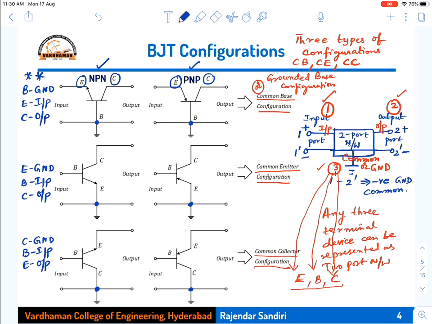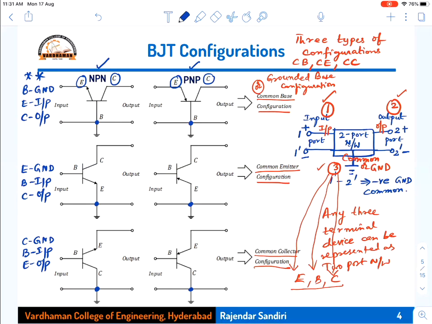Generally, whichever has the larger current, we choose as output, because the large current you get at the output and the small current is at the input, and that is where the transistor is used for amplifier applications. So generally, the output current should be larger than the input current. In these two cases, the emitter is generally at the input side, emitting, and collecting is generally at the output side. So collector is the output terminal, and emitter can be chosen as the input terminal. If it is common emitter, base is chosen as the input terminal, collector is chosen as the output terminal.